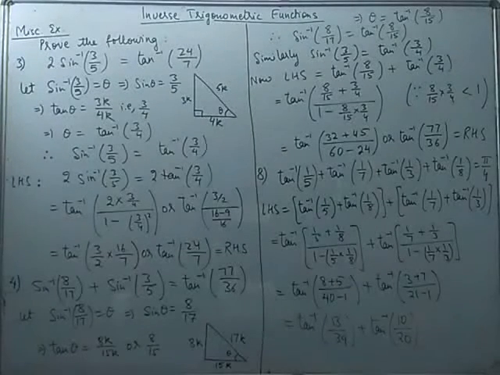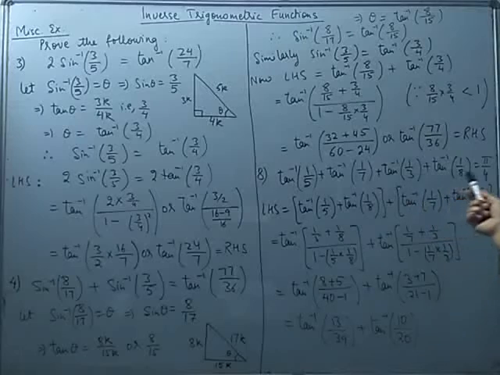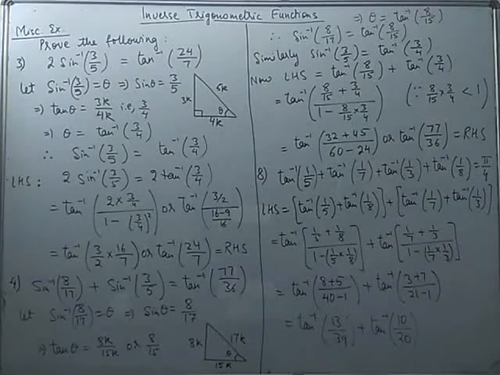Then see the 8th one. If you look at this, all the expressions are inverse tan, tan inverse x. That is the form they have got. So any two you can take together and apply the formula for tan inverse x plus tan inverse y. You can quickly observe which two should be taken together so that your calculation is easier, though you can take any two terms.